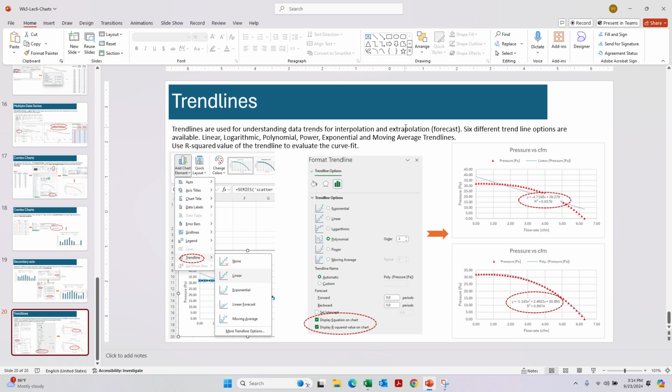Interpolation is trying to connect existing data points that you've already measured. Extrapolation is you're trying to predict what will happen outside the boundaries of the measurements. Okay, could be what is coming next or could have happened before. Both of these things. So 6 different trendline options are available: linear, logarithmic, polynomial, power, exponential, and moving average trend